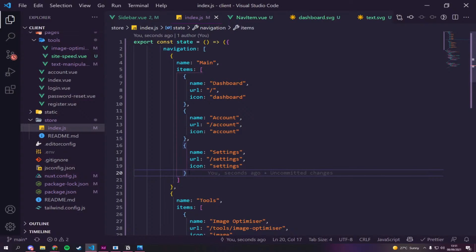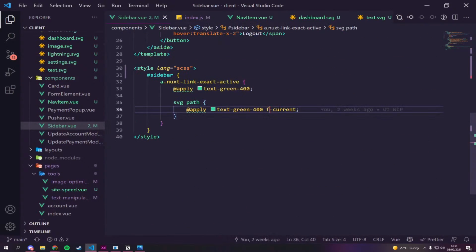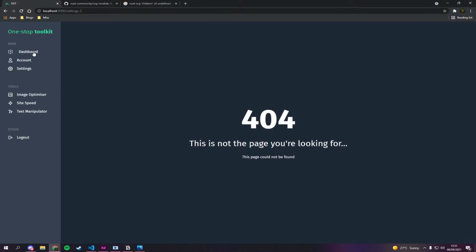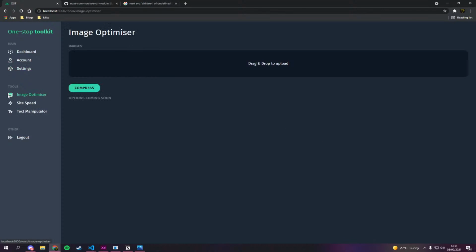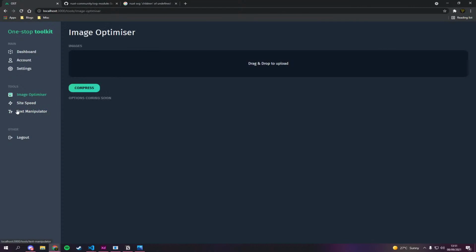Remove stroke cone, replace with fill current. Yeah, I think I need to actually change the... So I know what you're saying. Let me go back here. So let me show you. If we go to fill current instead, and we come here and we refresh, you can see it only works on ones which are outline stroked. So you can see that it's filled to the inside. So what I need to do is outline stroke all the ones that are stroked.